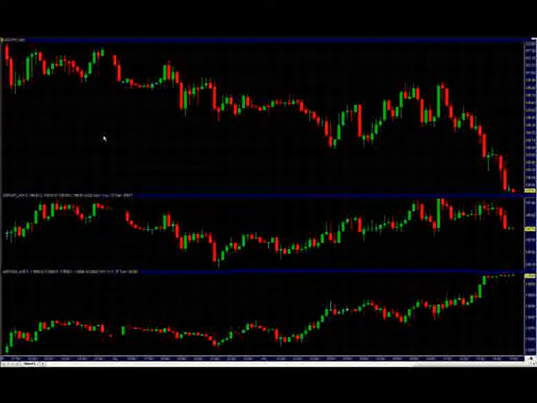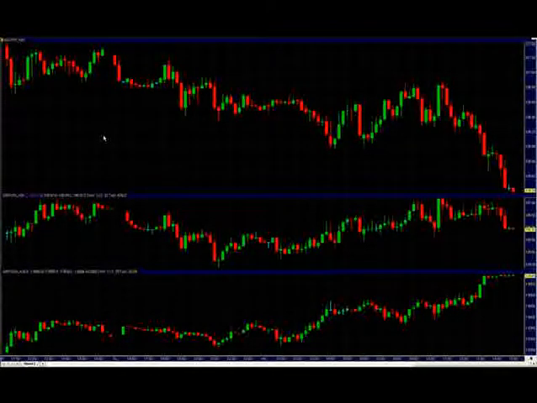Now, as you can see on this chart right here, we have a US yen pair, we have the pound yen, and we have the pound USD. So what we're looking at is two pairs, both crossed with the US dollar, and then we're